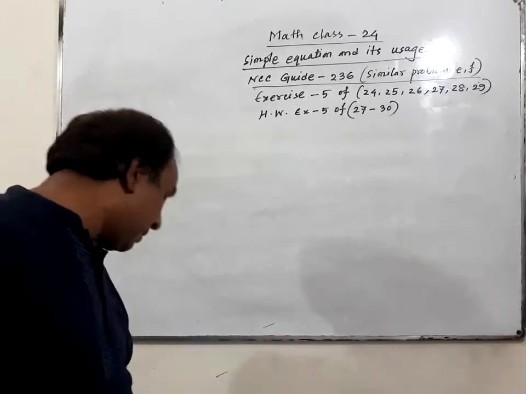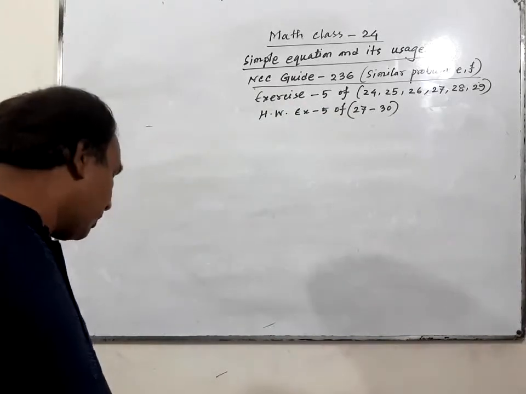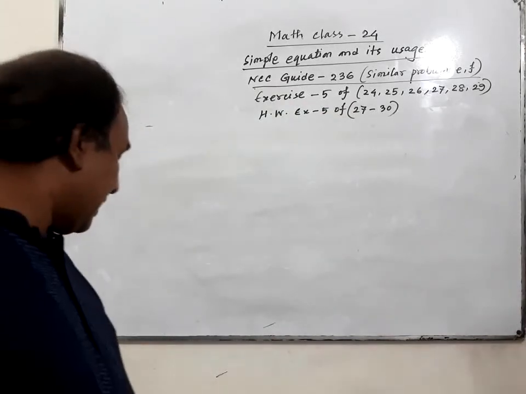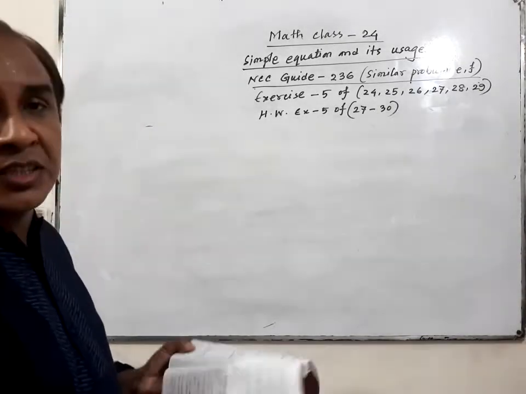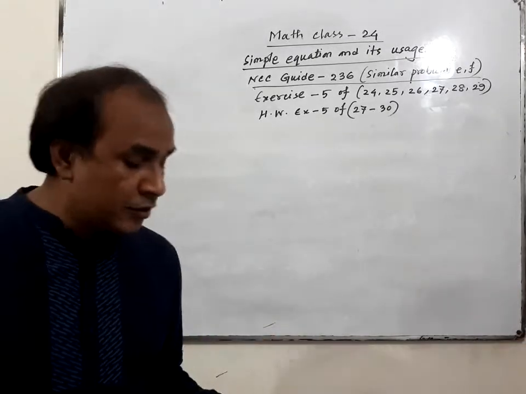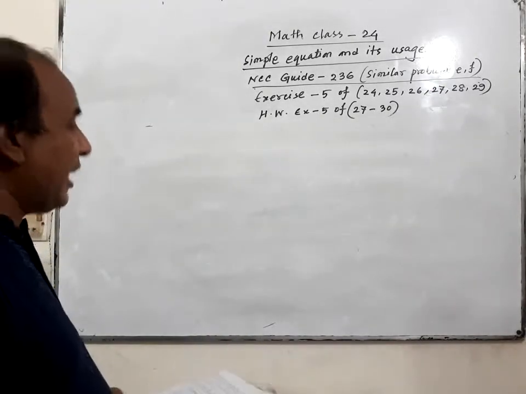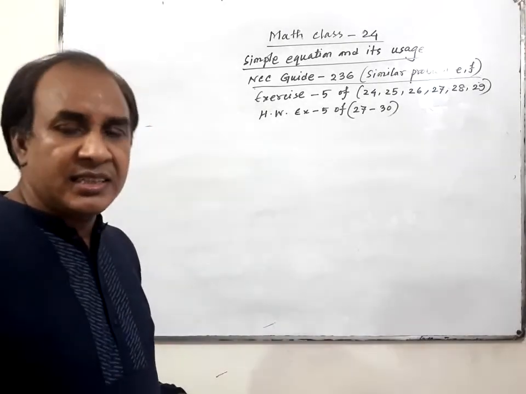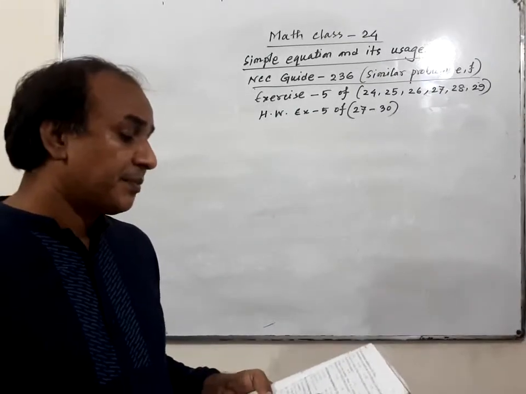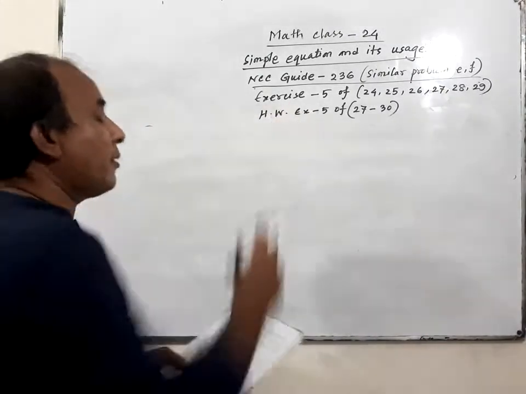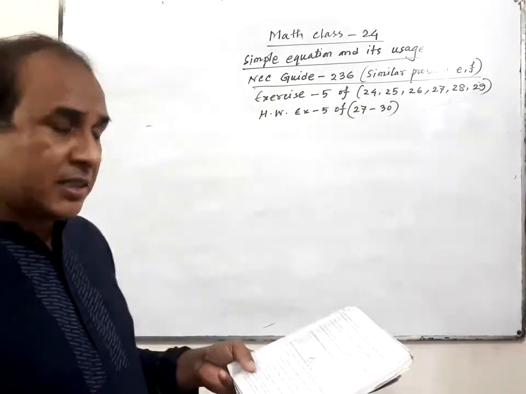And now I am going to solve exercise number 5 of the class 6 textbook. Today before, I have done numbers 12 to 23, the normal equations. Today I am going to solve by forming equations. Dear students, firstly we have to make the equation, then we have to solve it. This is one extra step. Exercise number 5, textbook of class 6: solve by forming equations, 24 to 35.